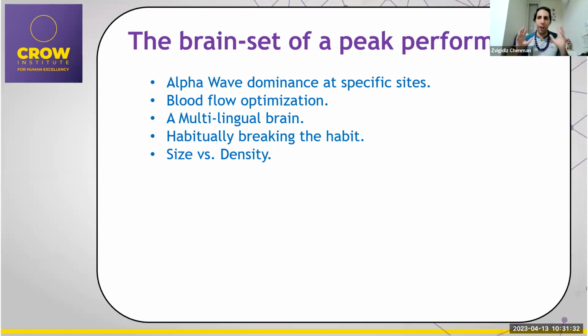Now, size versus density is important because most people think and believe that size matters. Now, size basically does not matter. It depends how you look at the word size, okay? But basically, size does not matter, meaning that a bigger brain doesn't necessarily mean a more intellectual brain or a better functioning brain, okay? Density, which sometimes comes with size, but not always, is more important. So density comes from how many dendrites and how many connections, like I've mentioned before, we have in our brains.